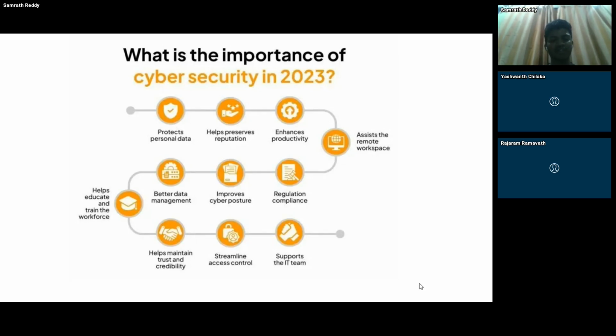What does reputation actually mean? A reputation is like building a brand. It takes years to build a good name, but within a night it is easy to destroy. The same applies to a company: if it gets breached, customers might lose trust in that company and may shift to another company.